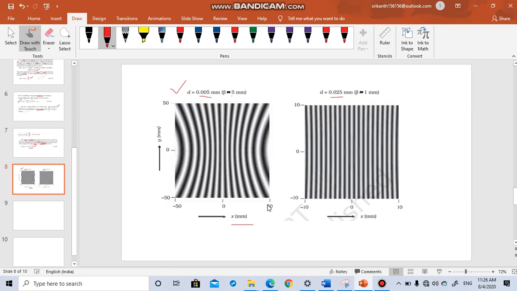With this experiment, Young established that light also has a wave nature. However, light has a particle nature also. In fact, light has a dual nature that we will see in the coming chapter, but here we are discussing light as a wave phenomenon. For wave phenomena, the interference pattern helps you a lot.